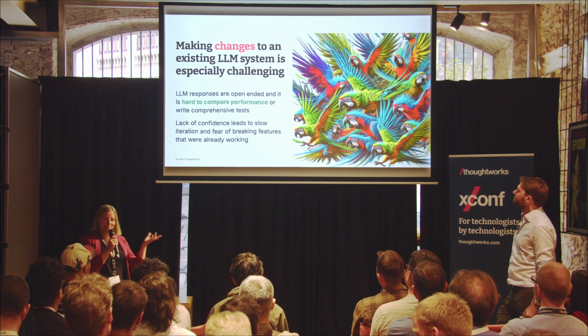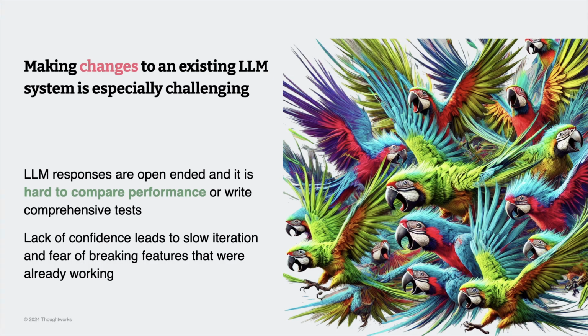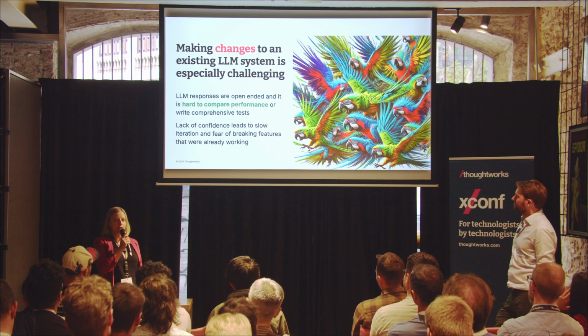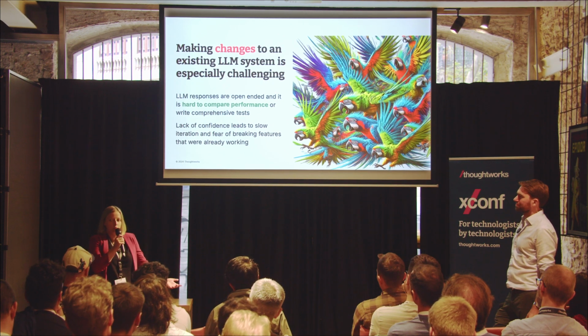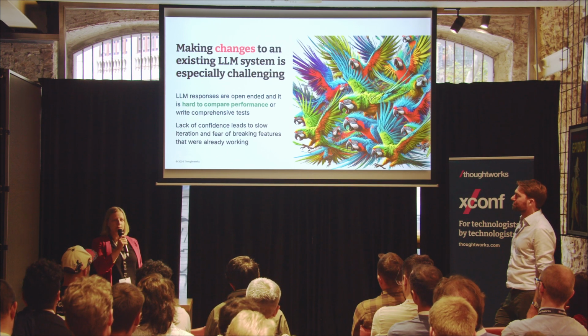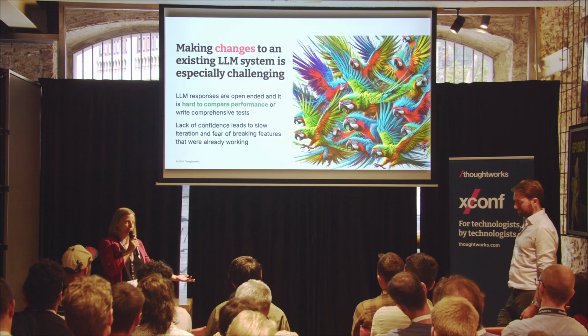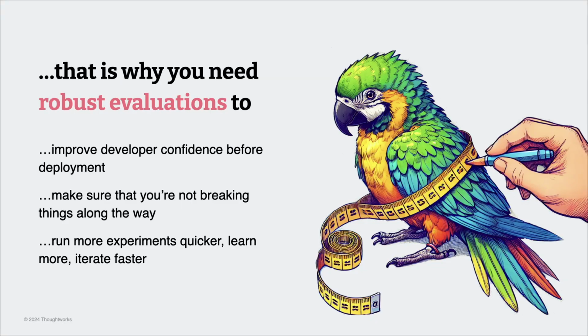So now that you have your LLM system in place, how do you make changes? How do you know, when your product owner comes to you and says, okay, we should reduce the number of times it apologizes, and you make a change to a prompt, how do you know if that worked? You can test a couple of things, but with those couple of things, you know that they work this time. So it's really hard to understand what's going on with these systems.